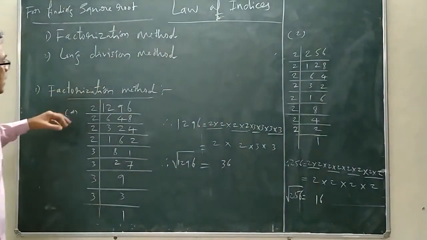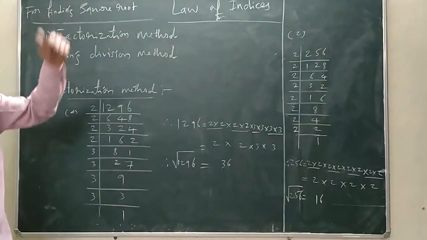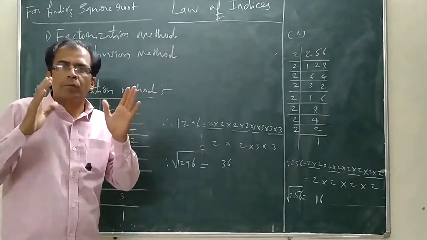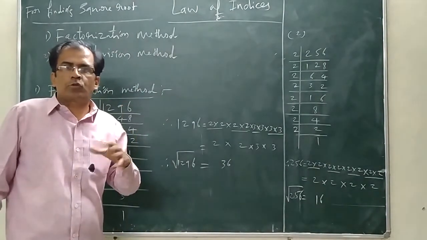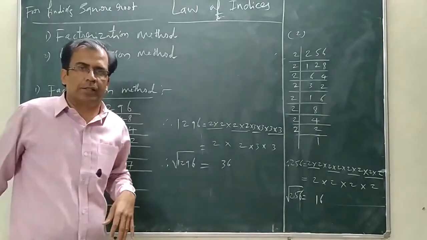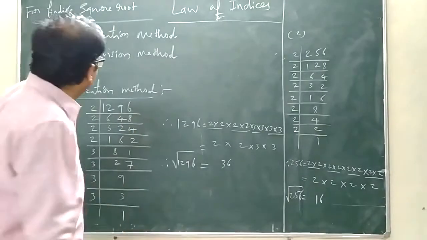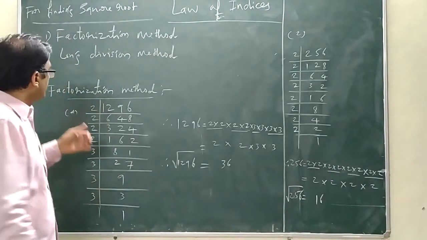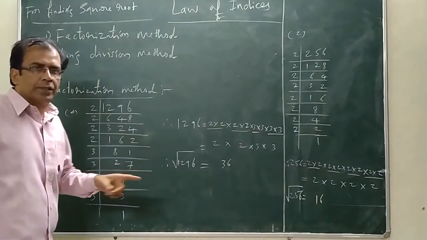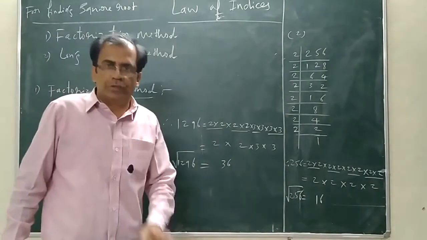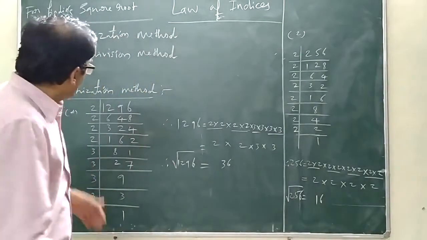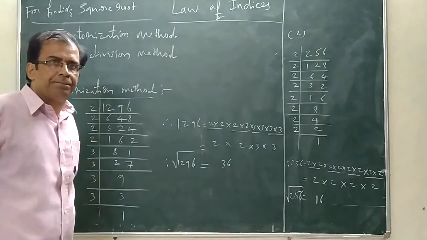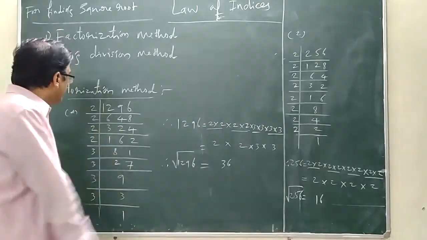That is, the number for which we are going to find the square root is broken into parts. That is called factorization here. Let us take the first example for finding the square root. The number is 1296. This is the number, and there are some steps to find the square root of that particular number. How to find it? You just observe here.